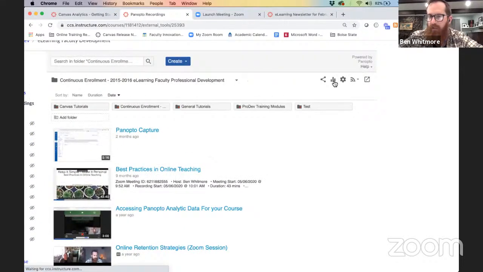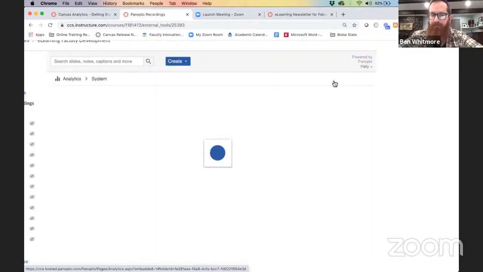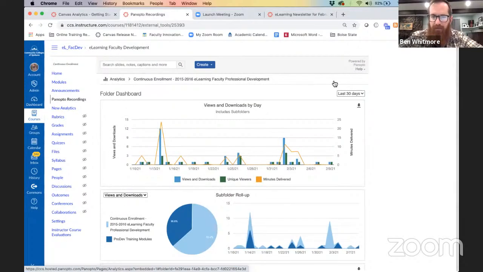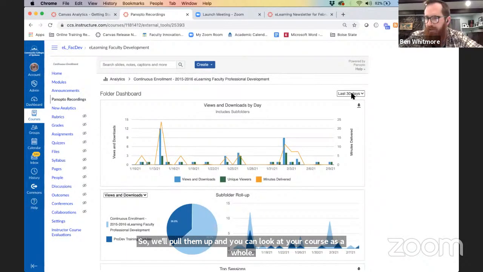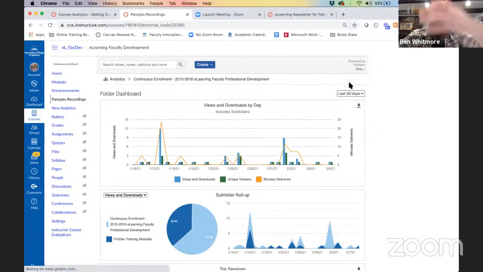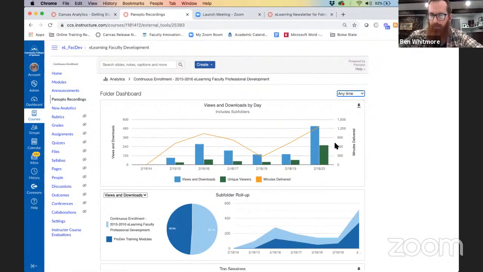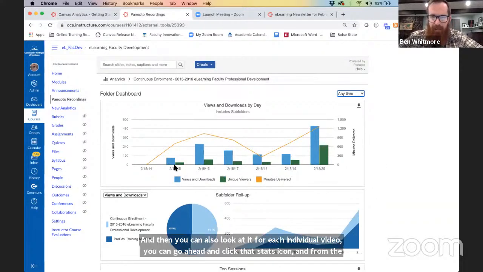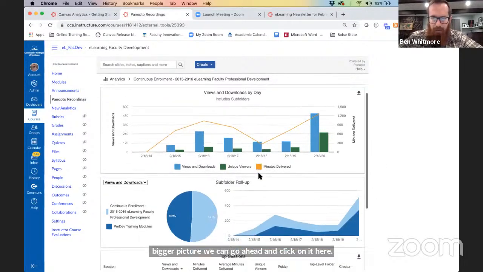And from the bigger picture, we can go ahead and click on it here. It gives us some pretty accurate data. This is going to let you know your time frame. So I can go any time. I can go the last 90 days if I'm looking back, or I can go over the quarter, over the trend, how many people have been viewing our videos. And so here's any time, and it kind of gives you a snapshot of